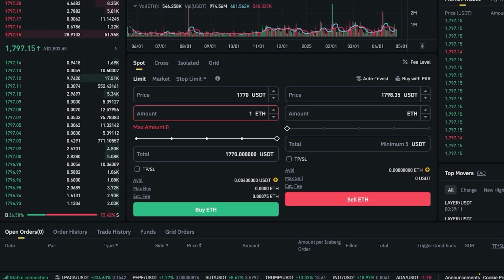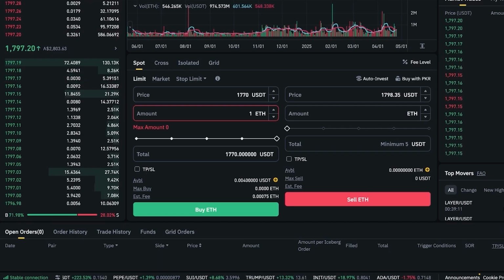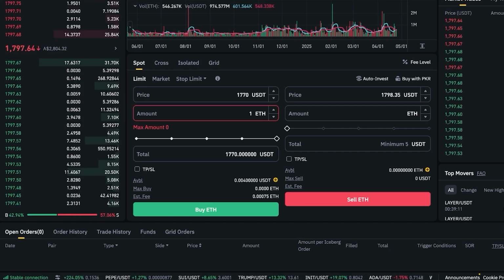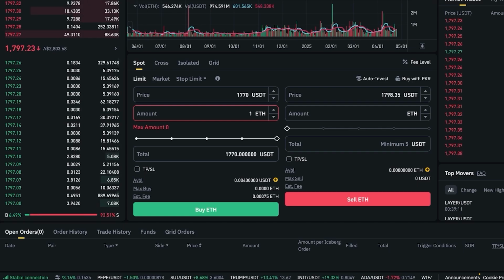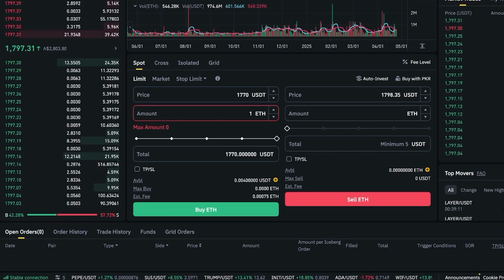Now, from there, you also have a stop limit order to stop your losses and take profits. So you can enter a stop price and a limit price. The stop price is going to trigger, and the limit price is the actual order. So if ETH is 2000, you want to sell it if it drops to 1950, set a stop at 1950 and limit it at 1940, you can do that